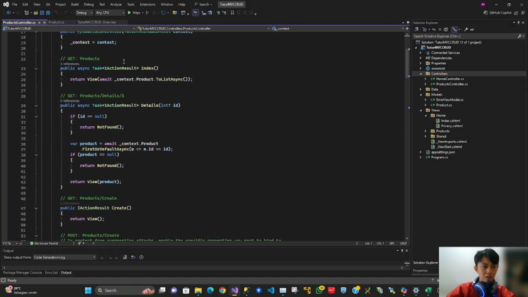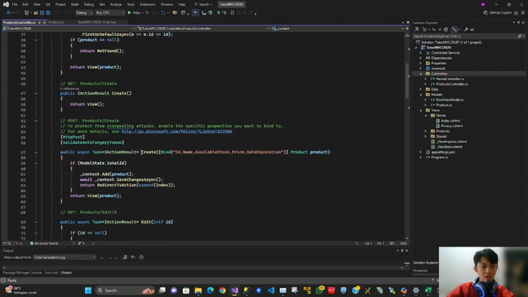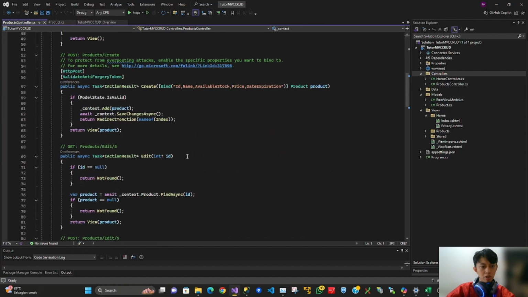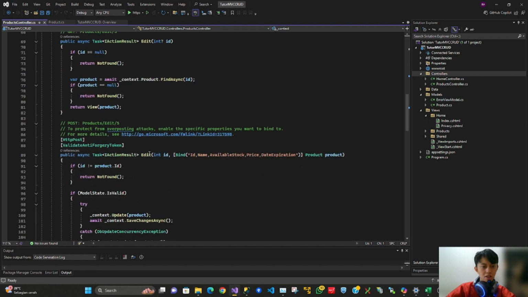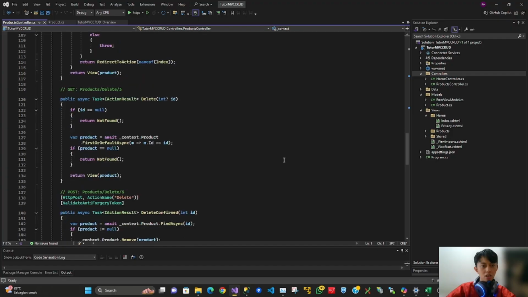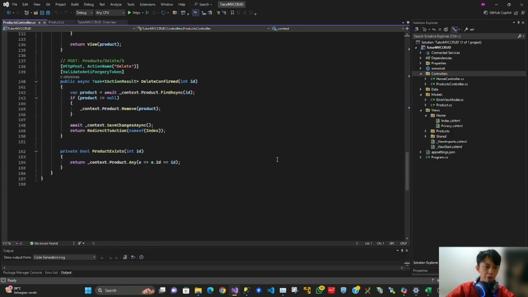We have the Index action, Details, Create, and then Create with the model, and then Edit with the ID, and Edit with the model as well, to have the CRUD operations here.